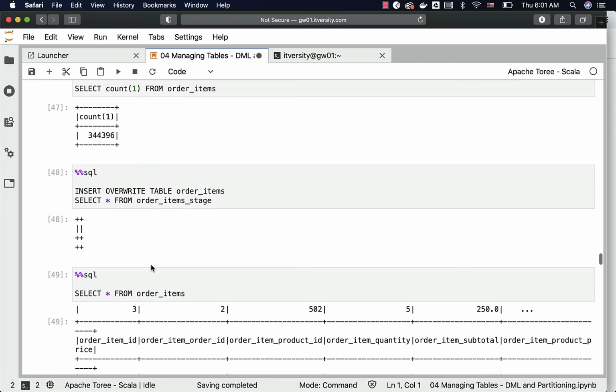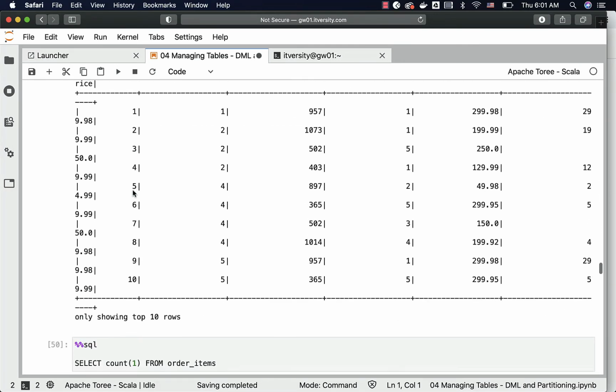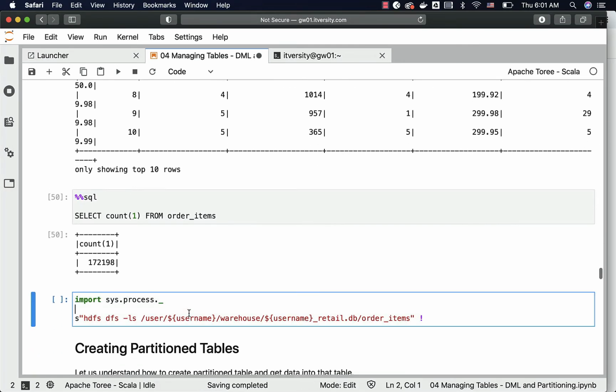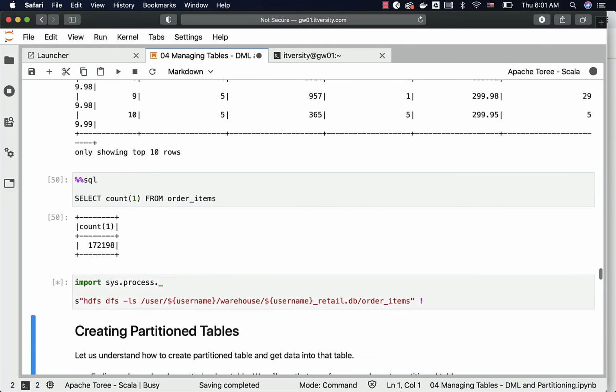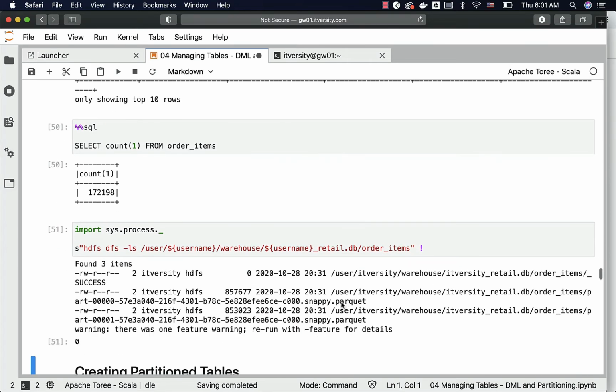When we say insert overwrite, it will just overwrite the existing files in the target location pointed by our Spark Metastore table. You can validate by running this command, and now you should be able to see the file names with the Parquet extension including Snappy, because by default Parquet files will be Snappy compressed. This is how you should be able to use insert effectively to transform the files which are in text file format into Parquet file format.